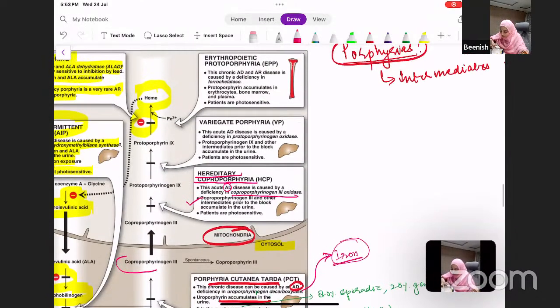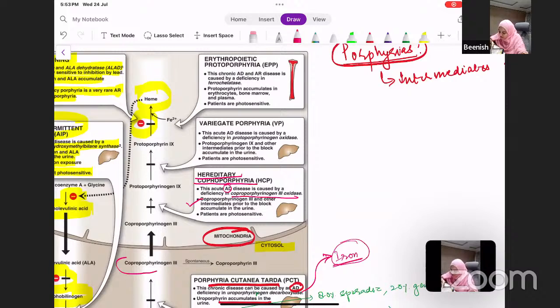Now moving on to the next enzyme deficiency, that is your protoporphyrinogen oxidase. If that is deficient, you have an autosomal dominant disease, variegate porphyria. Here, what is going to accumulate? Your protoporphyrinogen 9 and other intermediates prior to the block are going to accumulate, and patients here again are photosensitive. Now, moving on to the last one, that is due to deficiency of ferrochelatase, you end up with